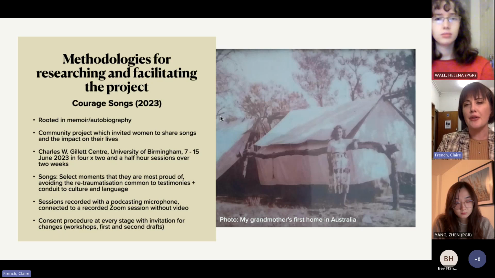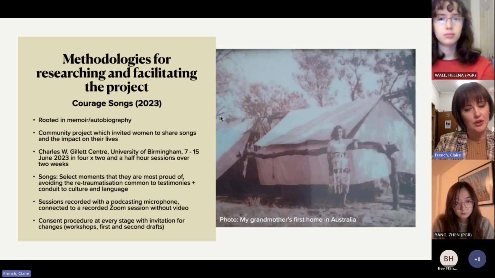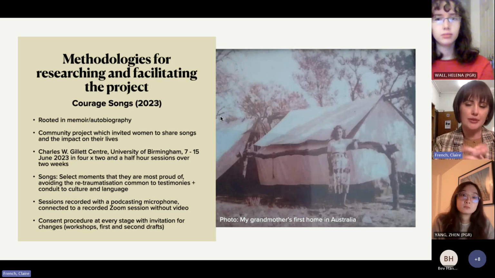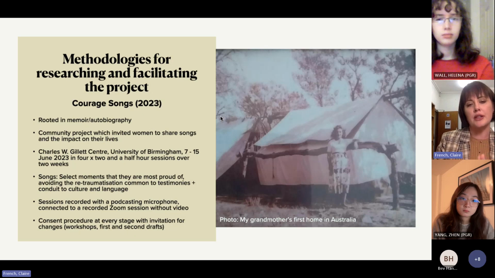And because of that, I thought, okay, I'll definitely record all the sessions, just audio recording. So I set up a microphone that was plugged into Zoom so that we didn't hear ourselves amplified through the microphone, and then recorded it all through Zoom without video.